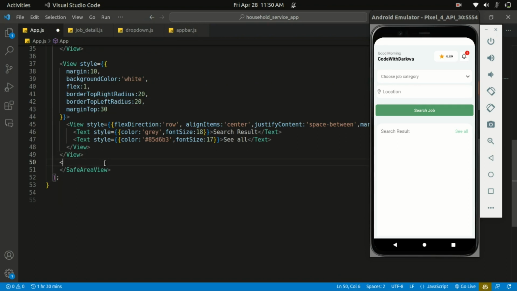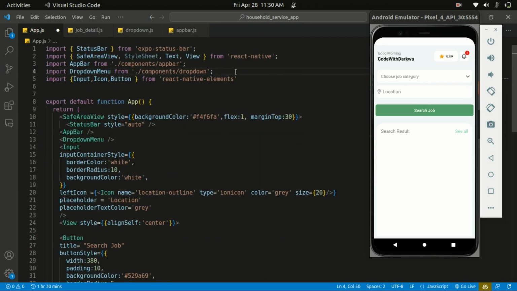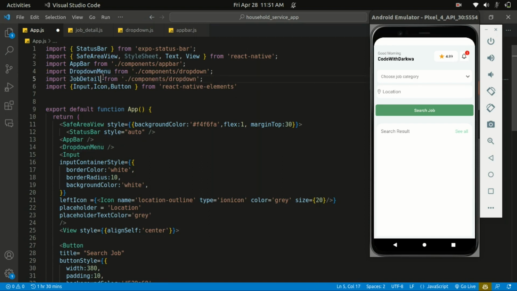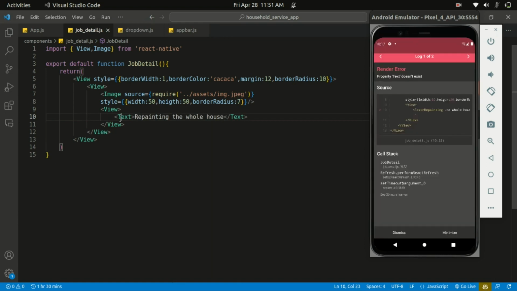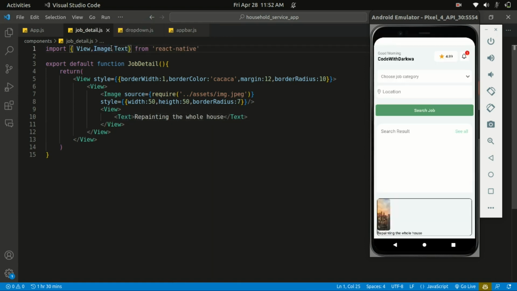So you can just bring the job detail over here. So we need to have that imported, right? So I'll import that. So once you have that imported, you can see it reflect over there. All right, let's proceed. So within the job detail component, below the image, we are going to have another view, and this view is going to contain a text of that particular job that's going to be repainting the whole house as the text, right? We need to import the text from React Native,